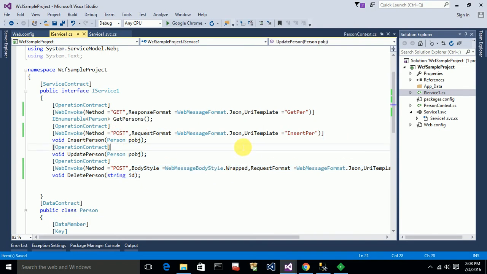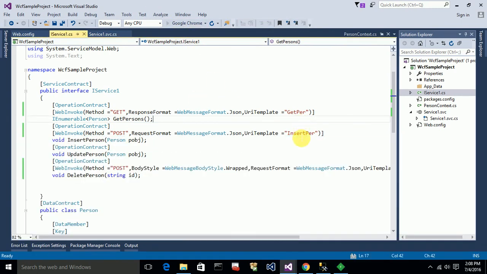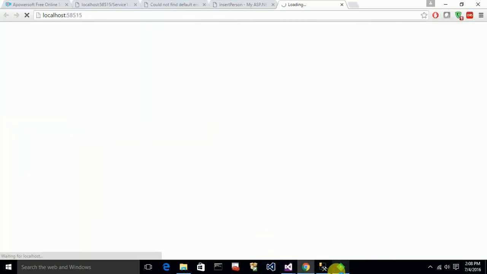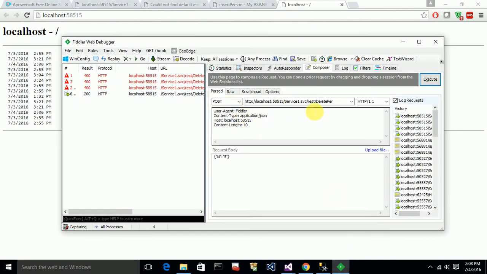So let me run and check. For running this method, I need to send the data using Fiddler, right? So I can test this in Fiddler. So let me run the service for now. And the URI template is insert per, so I need to use that one for getting to that method. Okay, my service is running now. So I want to go to the Fiddler. So I want to test the insert person, right? So I'm using that URI over there,